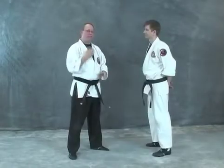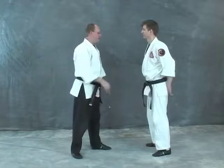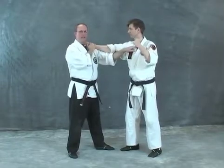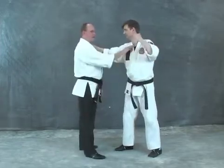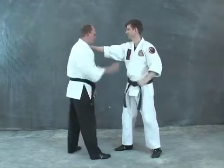Another important aspect of this particular distraction technique of pressing on the sternal notch would be if he were to choke, and the idea would be for him to punch me, all right? By pressing this notch, it just takes the wind right out of this particular attack. We'll just do it this way. If I'm here and that hand comes up and he feels this, the punch just completely disappears. So as he comes up to punch,